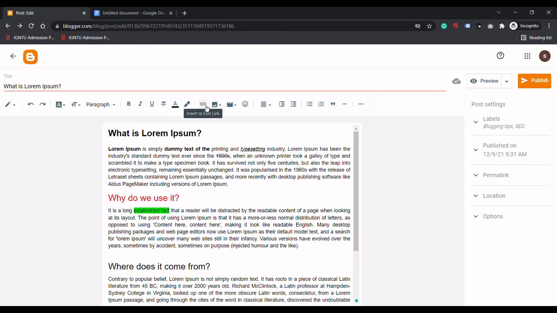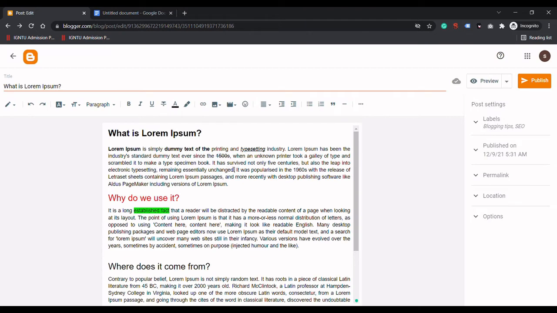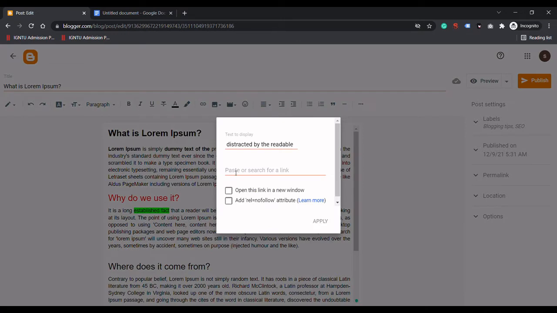The next option is a link editor. So let's suppose this is the text you want to give a link for. For that you need to simply click here and you can enter the link in this section. For explaining purposes, I'm going to use google.com,